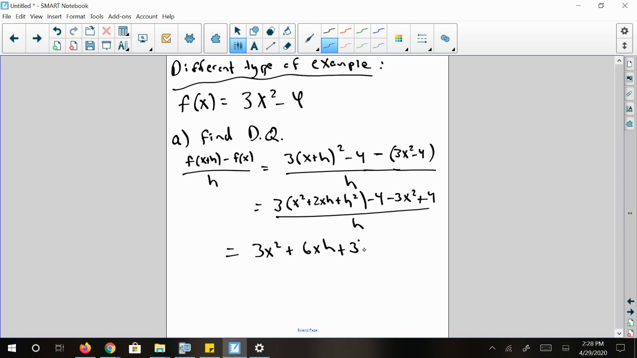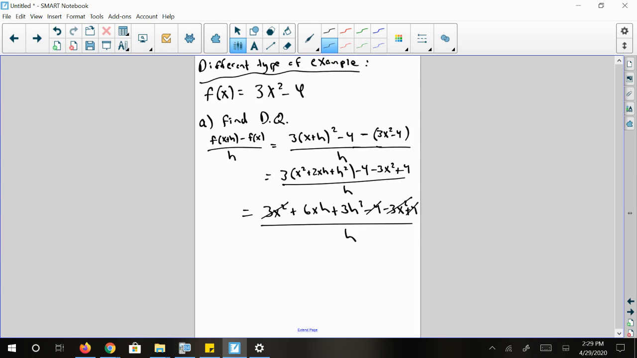Notice that both of these have an h. So I can take that h out, and I'm left with 6x plus 3h all divided by h. Okay. And then I can take out those h's, and what I'm left with is 6x plus 3h. Okay. So one of the reasons why I'm asking you to find that difference quotient first is because a follow-up